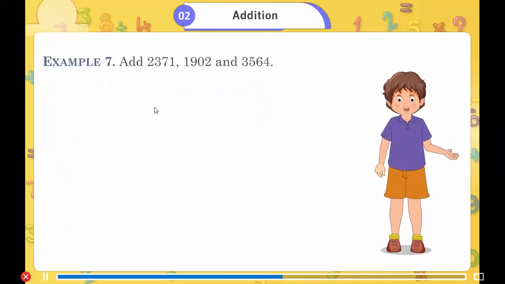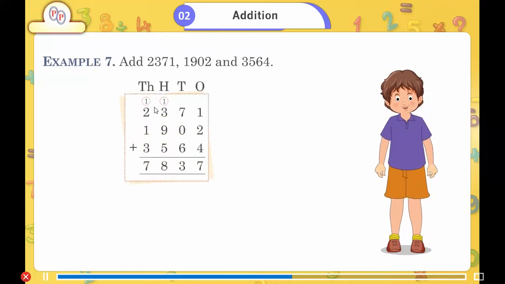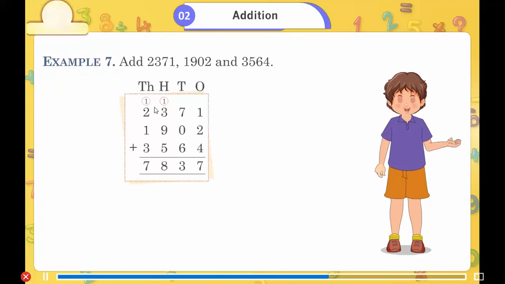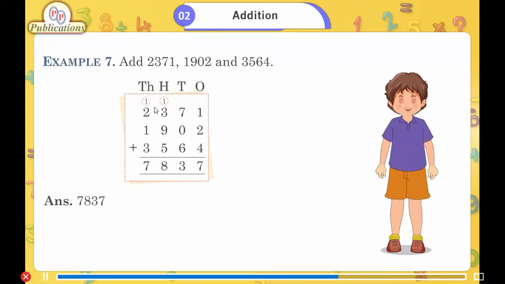3161. Example 7. Add 2371, 1902 and 3,564. Answer